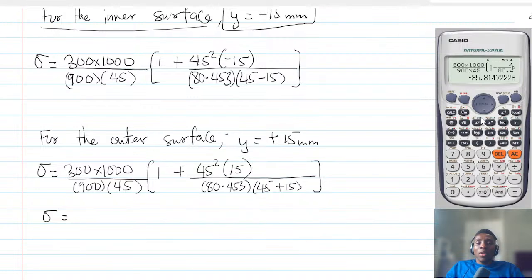So if you do it for the negative, you get minus 85.814 megapascal. But if you do it for the positive, you just have to